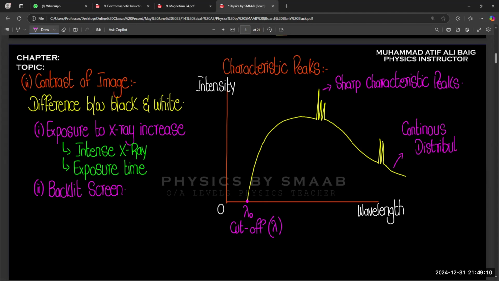Okay. And is this like a normal distribution? Yes, it is irregular, like a normal distribution. In the electromagnetic spectrum, we know that there is a continuous spectrum. One after one, we have different ranges of the electromagnetic components given. But right now we are only talking about X-rays, and we mentioned that there is a range of 10 to the power minus 8 to 10 to the power minus 6. So in this range, we get a continuous distribution, right?